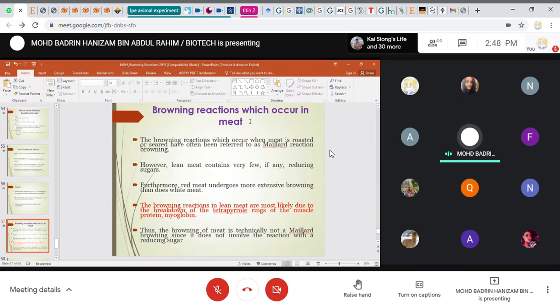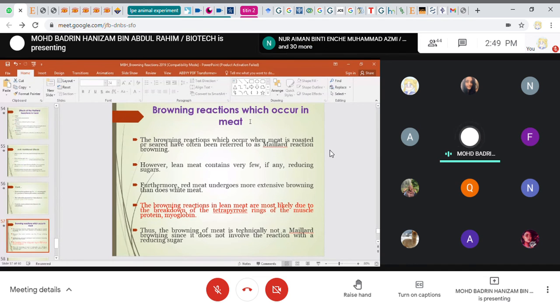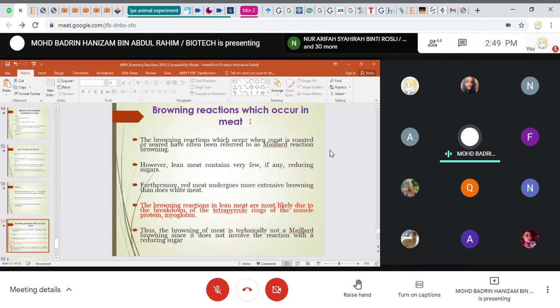Browning reaction occurs in meat. The browning reaction that occurs when meat is roasted or seared has often been referred to as the Maillard reaction. However, if you compare lean meat with normal meat, lean meat, for example, contains very few reducing sugars. Red meat undergoes more extensive browning than white meat because red meat contains a high amount of protein. The browning reaction in lean meat is most likely due to breakdown of the tetrapyrrole ring of the muscle protein